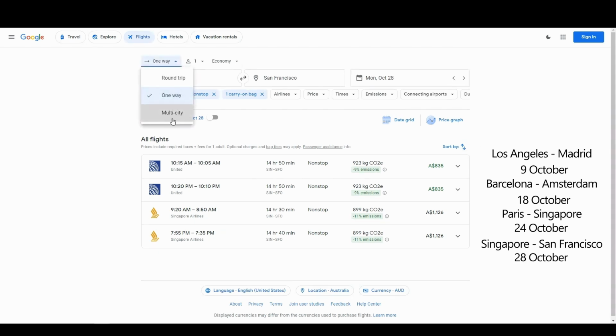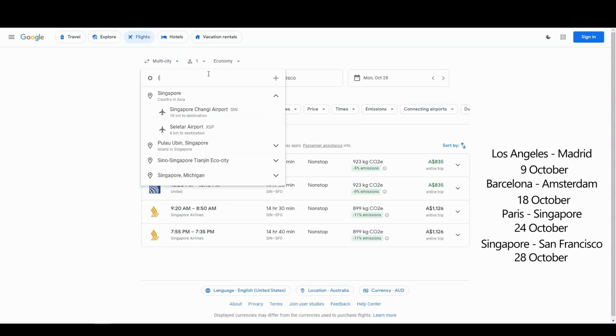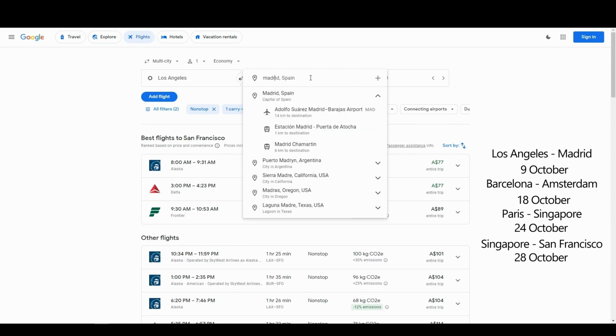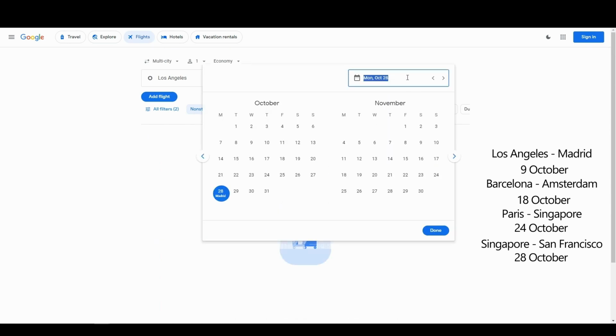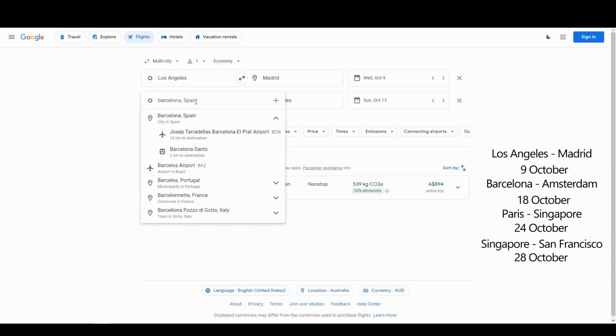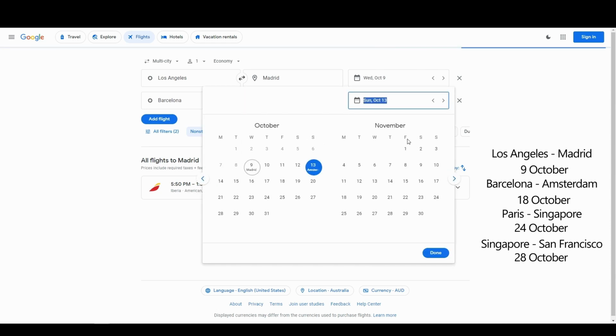Let's click multi-city for our flight and let's enter our dates. Let's start from Los Angeles to Madrid on the 9th. Next will be from Barcelona to Amsterdam on the 18th.